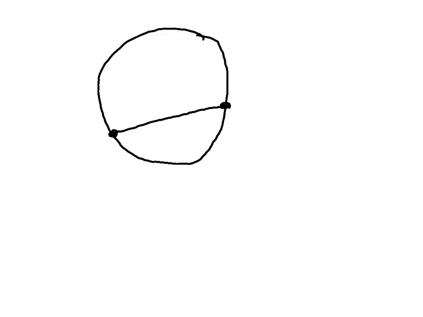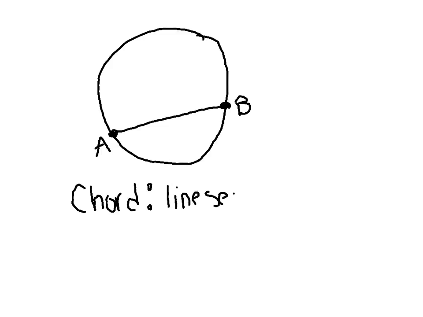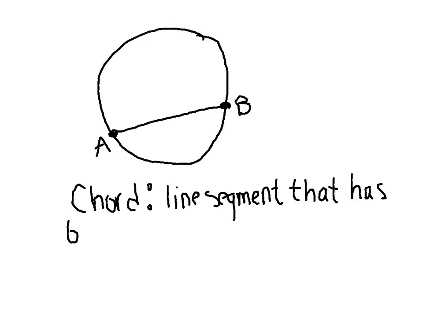This is called chord AB. Notice it does not go through the center. So the chord is a line segment that has both endpoints, which are A and B, up there